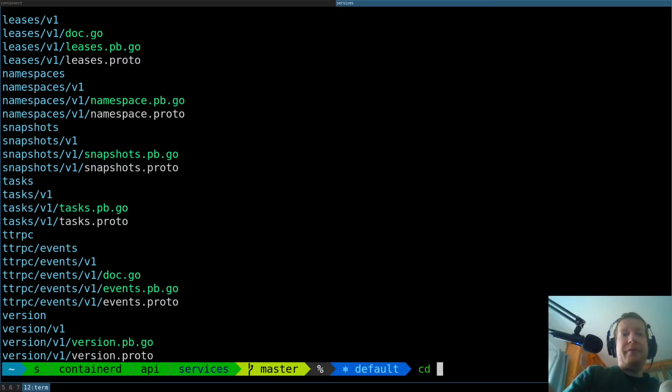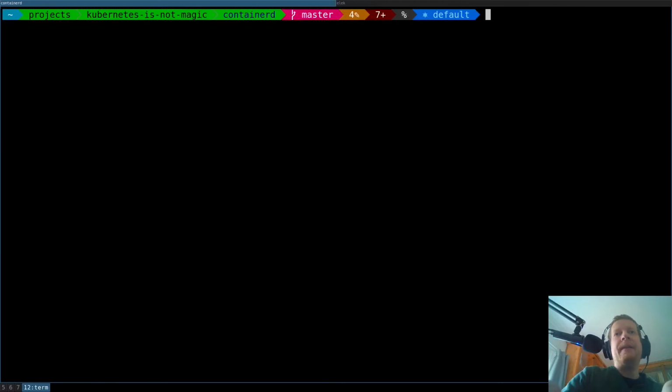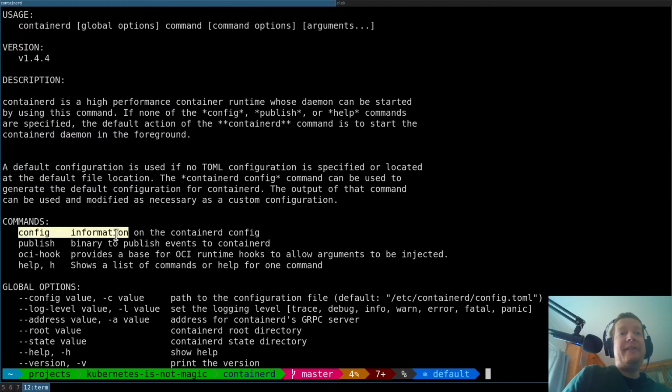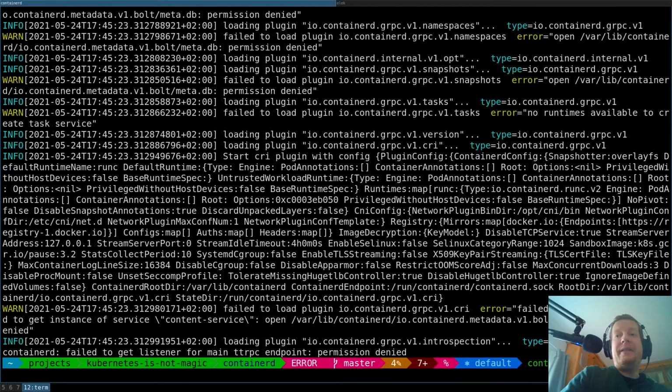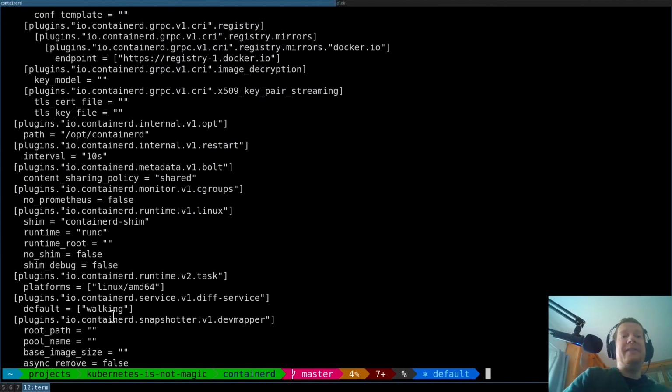So first of all, if I go to the Kubernetes resource, we can check. Okay, let's go back to the, so this is the containerd. I can just start it, or I can check the arguments, and you can see that there is some subcommand that gives information about the containerd config. It seems to be interesting, so let's check what is this. Oh, containerd config, right? Yes. So we can check the default config. Oh, this is the default config. And if I check the default config,